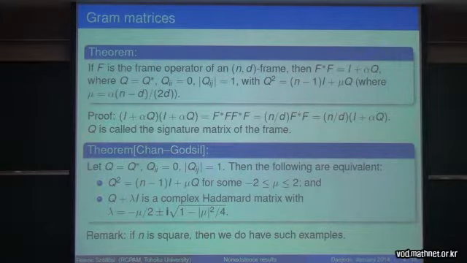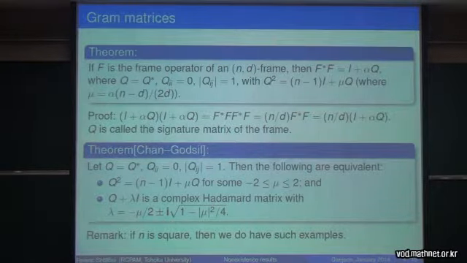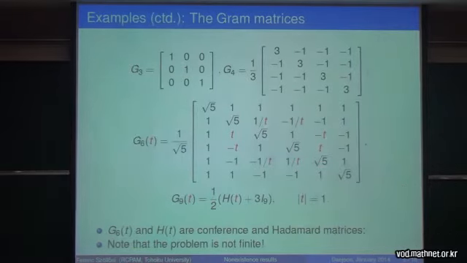Okay, so the point is that complex Hadamard matrices, self-adjoint complex Hadamard matrices, self-adjoint complex Hadamard matrices with constant diagonal are related to a class of equiangular tight frames. Okay, good. Some explicit examples. Just we have the identity matrix. This is the simplex, and these are a 1-parameter family of